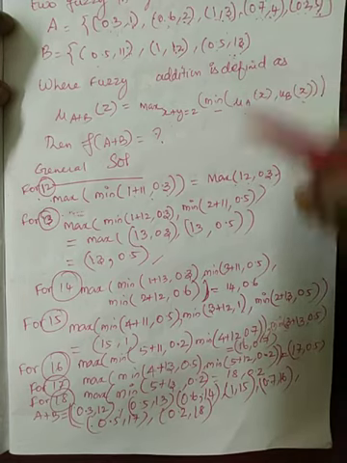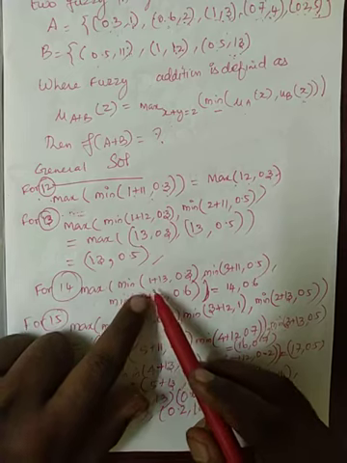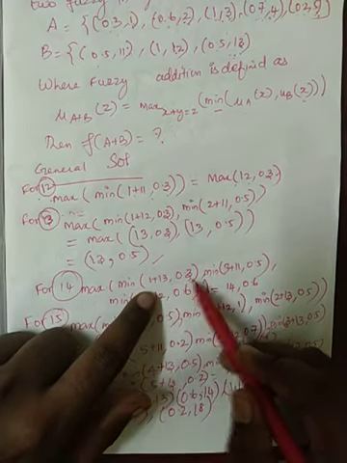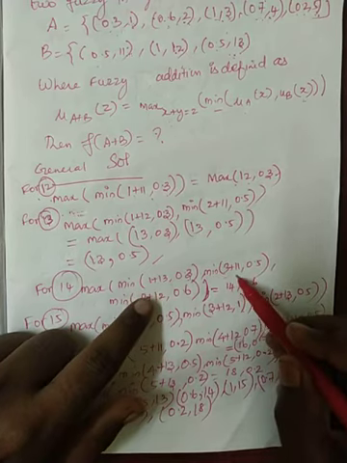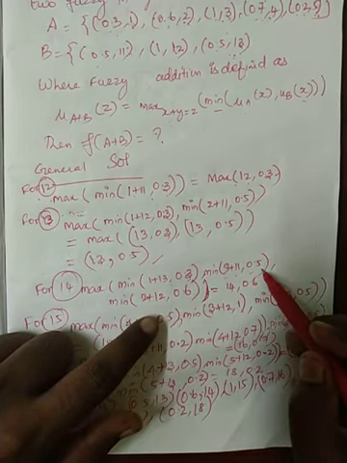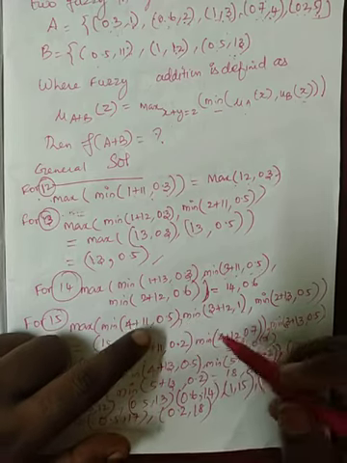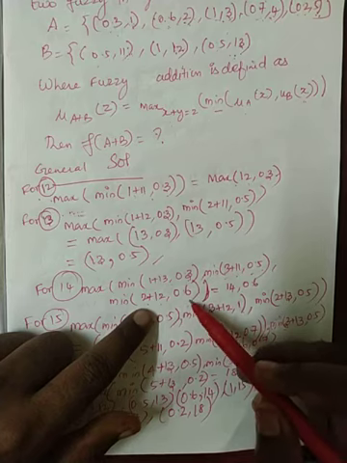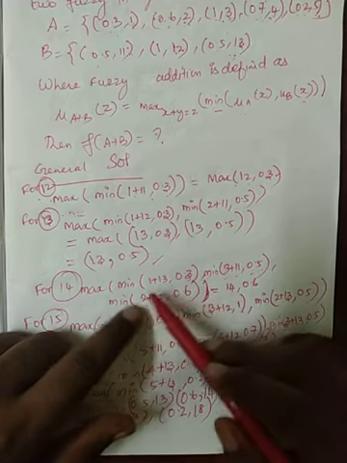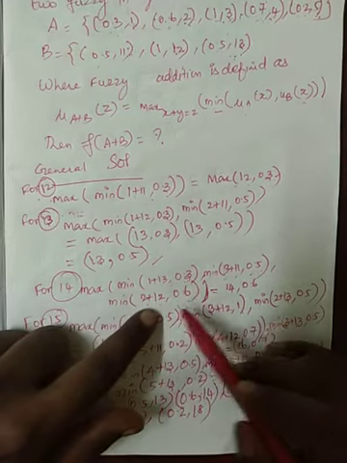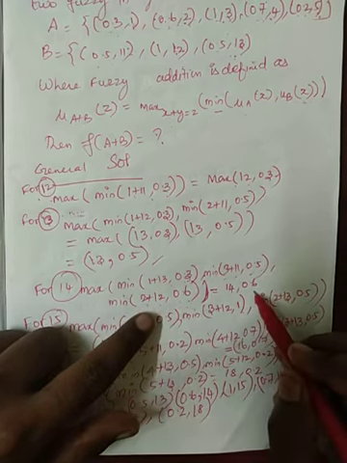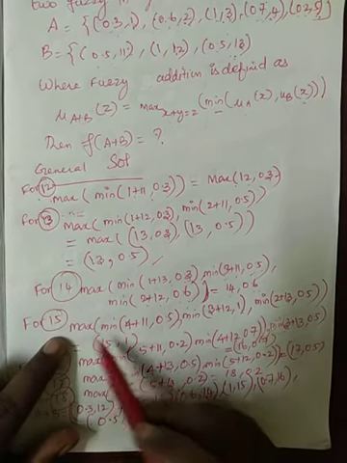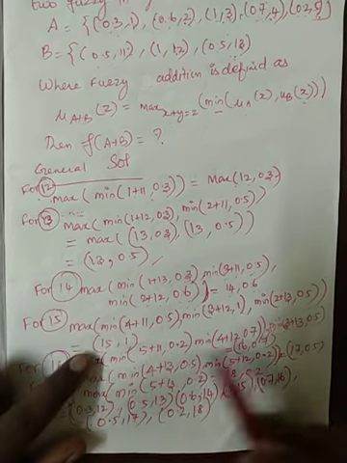Like that we want to perform 14. Okay, for that there are choices. 1 plus 13, for that the minimum degree is 0.3, and 3 plus 11, for that 0.5 is the minimum degree, and 2 plus 12 is also possible there. Okay, for that the minimum degree of belief is 0.6. Now the maximum of 0.3, 0.5, 0.6 is nothing but 0.6. So 14 comma 0.6. And like that for 15 we have these combinations.